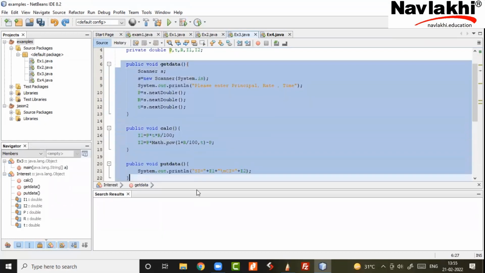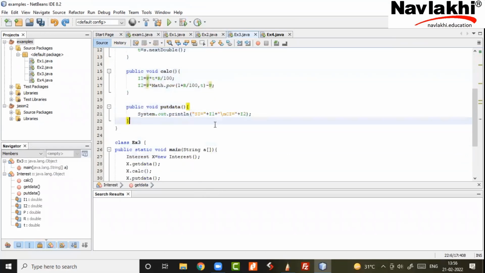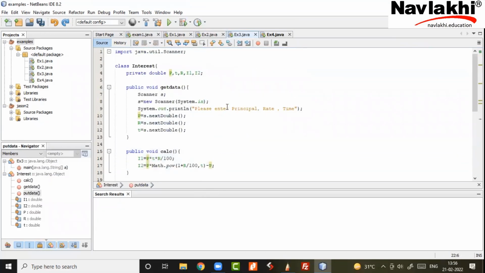I'm not saying that there has to be exactly 3 functions. There can be 2, there can be 5, depending on the question. But basically there will be 3, because calculate may sometimes become very complicated. You may want to do it in subparts, so you may have 4-5 functions also. But at least make sure that you split the code properly into 3 parts minimum.